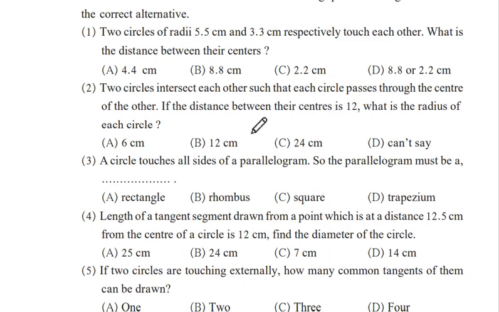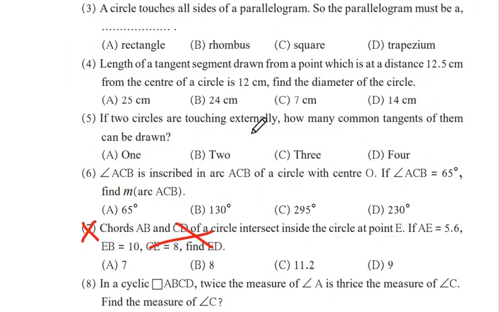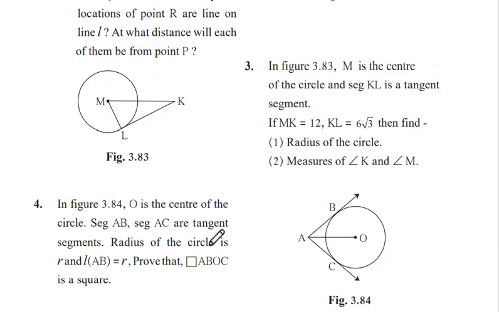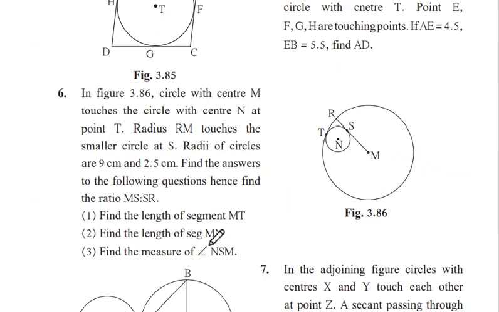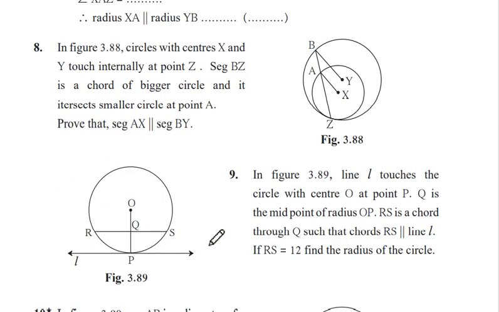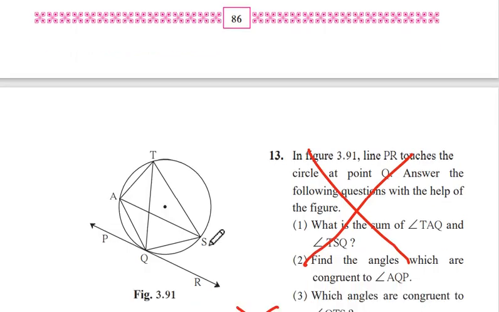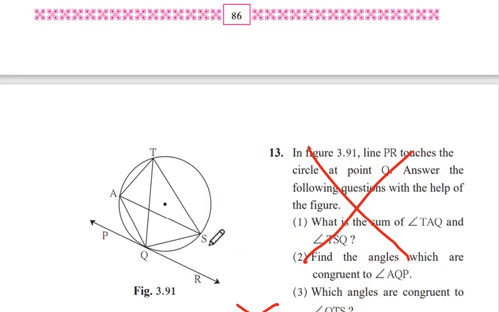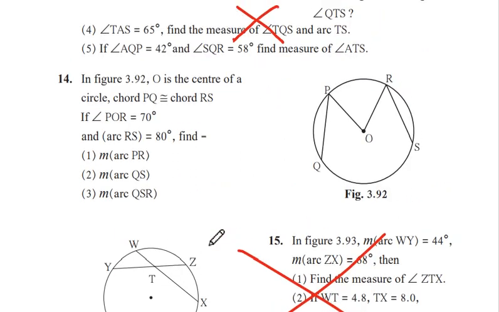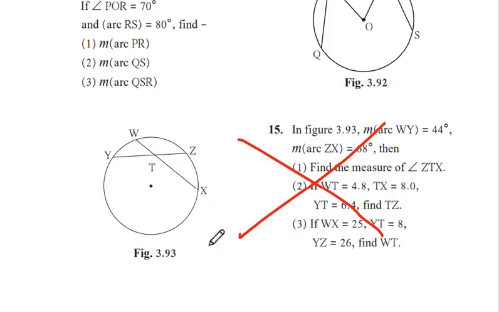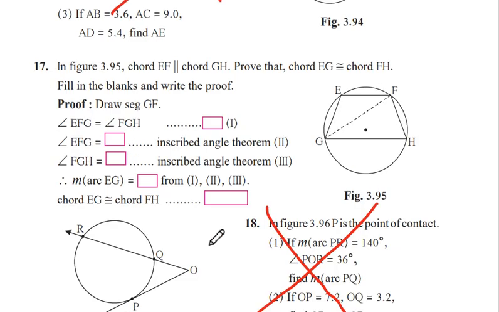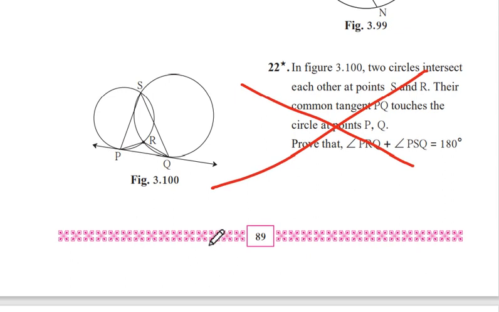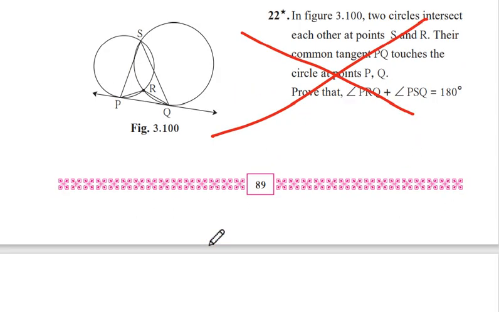Now after page 75 to 82, next is problem set 3. In problem set 3, in the MCQ sub-question, question number 7 is not there. Next we go to page number 84, you have to do all the sums. Page number 85 also you have to do all. Page number 86 also, there are no sums, they are reduced. Now go directly to page number 87: 13, 15, 16, 18. Page number 88: 16 and 18.